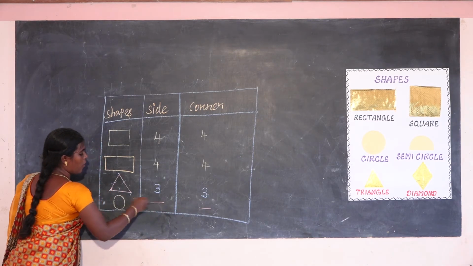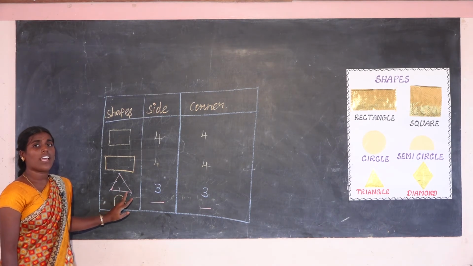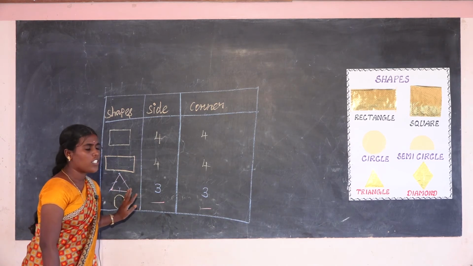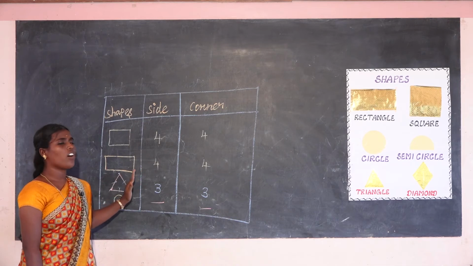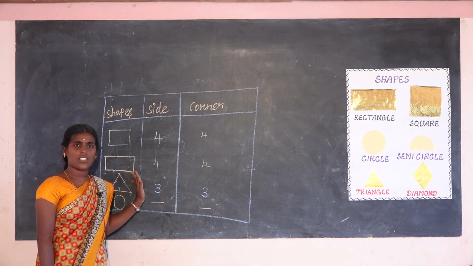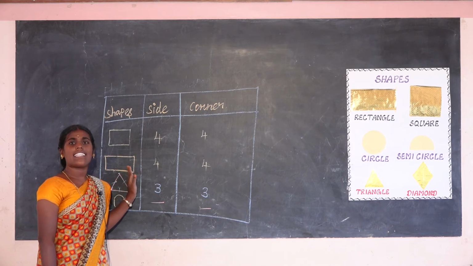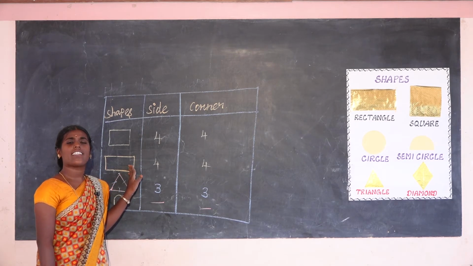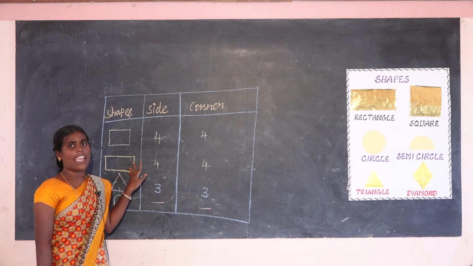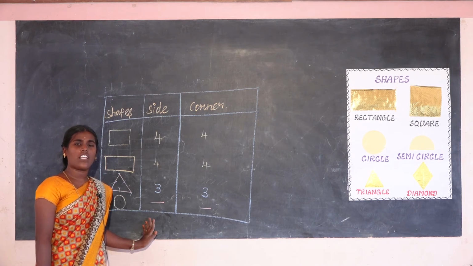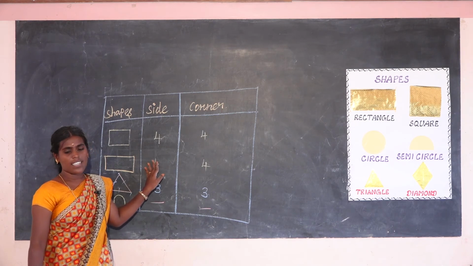No corner, no side. Matchstick? No, it has curved lines. It has curved lines, so that is not used with matchsticks. The other three flat shapes are made using matchsticks. So these all use straight lines. Straight lines means slanting line, sleeping line. Another one is slanting line. So that is a curved line, so it is not made with matchsticks.